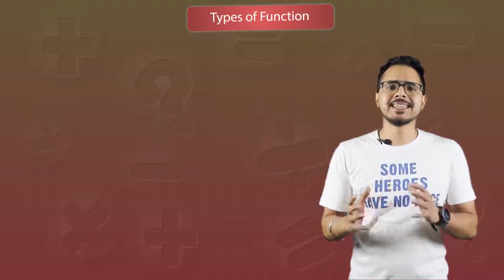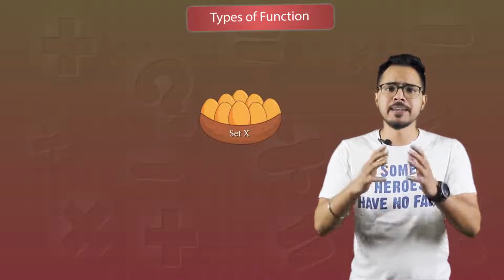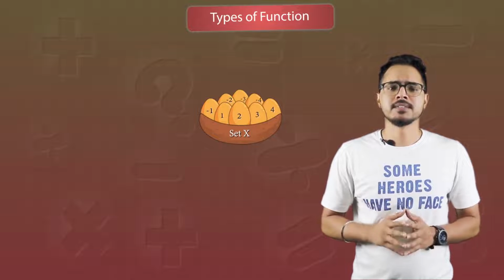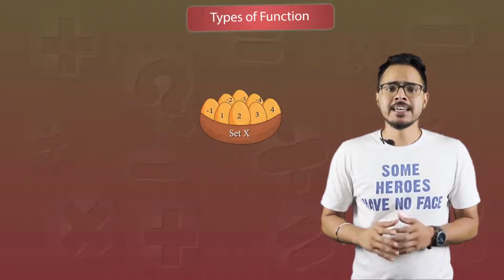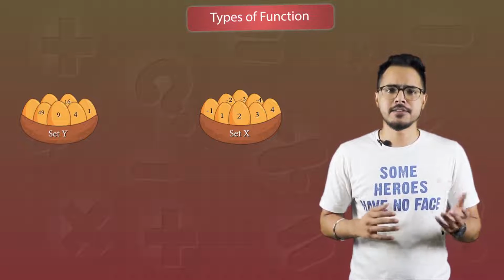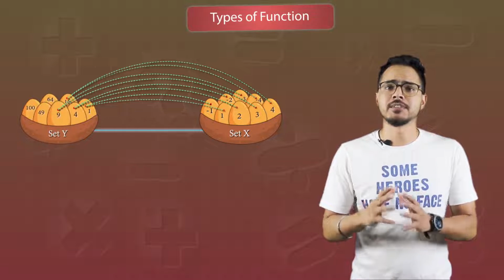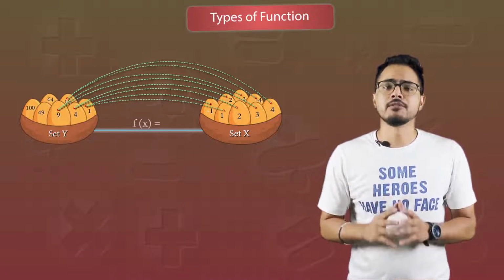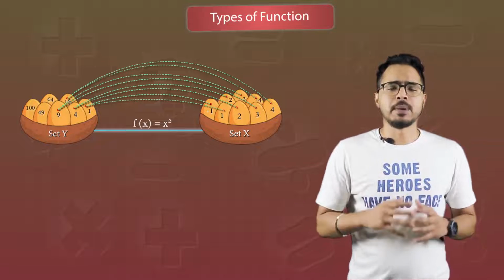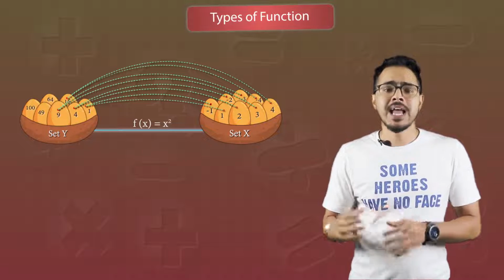Now let's change the nature of the set. Let's add negative elements in set x. For example, let's add -1, -2 and -3, and also let's add a few elements in set y. For example, 49, 64, 100, and again do the mapping with the function being f(x) = x^2. Now, if we observe the mapping, 49, 64, 100 are not linked with any element of